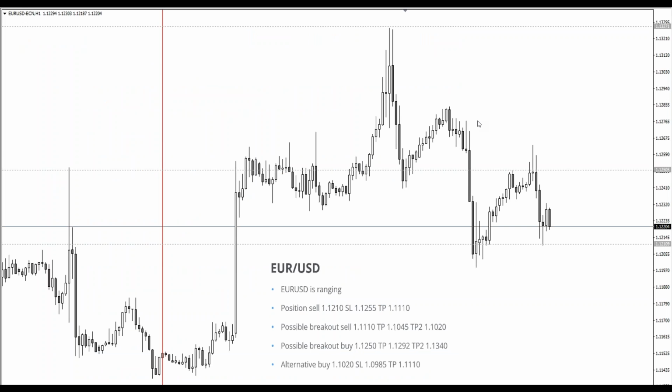This was euro dollar previous week setup, and well, basically euro dollar was ranging. We had a sell position, but because of NFP, this could have been a loss. But well, I also posted a breakout setup, so it was 101.1250, sorry, and breakout buy was initiated here. Well, you see, it was a bit of stop loss if you traded this, but nevertheless, after good NFP, the